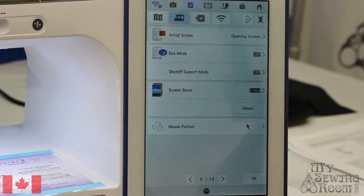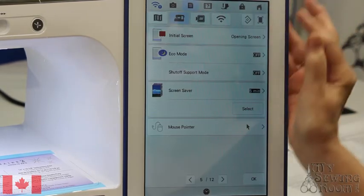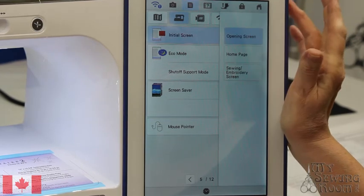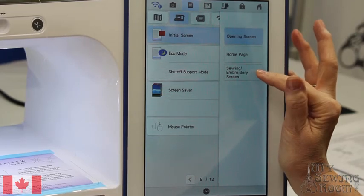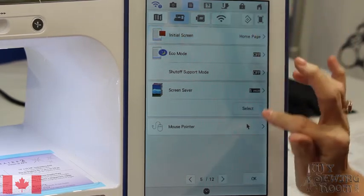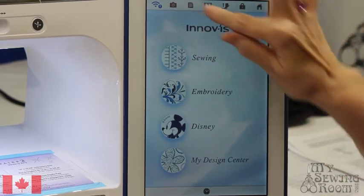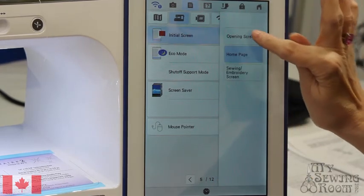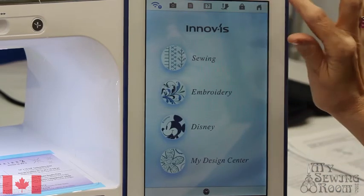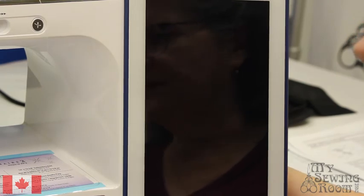Let's go to our next page. Initial screen. So when we went out, this is the opening screen. So let's take a look at our options for our initial screen. We can just have a standard Brother home page or the sewing embroidery screen. Let's just go ahead, select that, okay. Let's go and change it to opening screen. So when you turn off the machine and turn it back on,